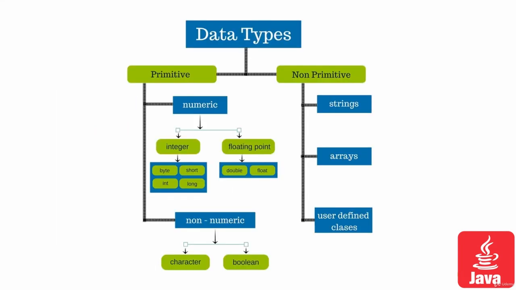So here comes the understanding of data types. We have variables, we can provide any value. So how can we define what kind of values the variables are storing? The data types are generally divided into two categories, the primitive data types and non-primitive data types. The primitive data types are the basic data types that are defined in any programming language. They may be numeric or non-numeric. The non-numeric values contain character and boolean.